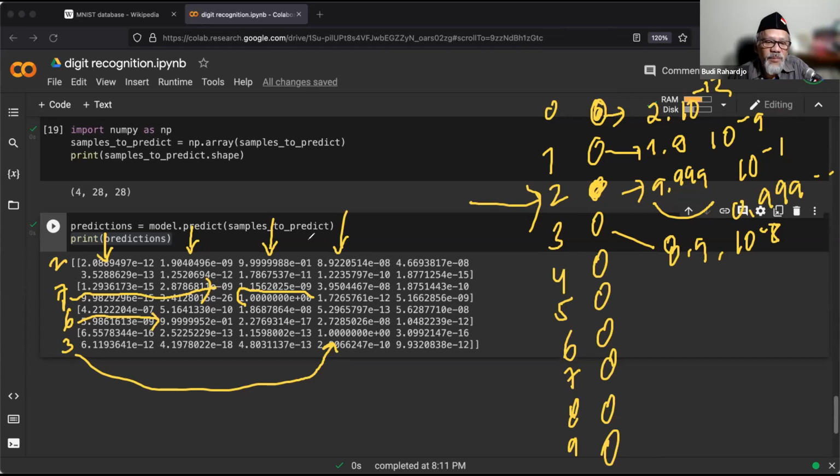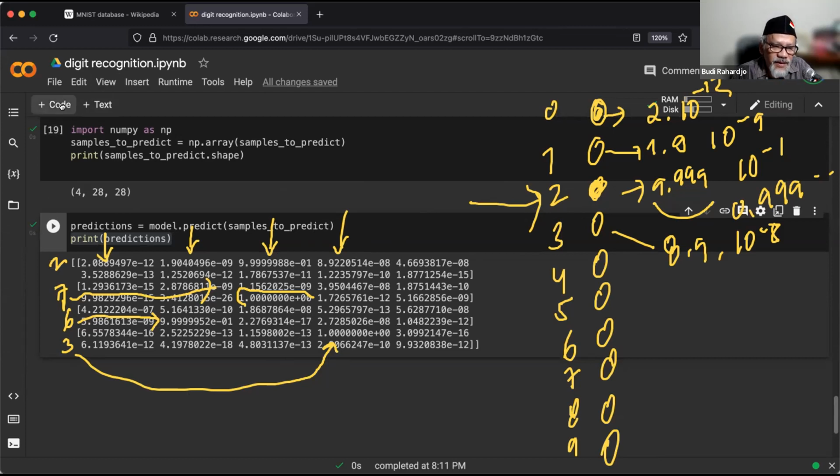Oke, jadi ini udah bisa memprediksi. So this tells that our model actually shows the exact value. But the output is not good, right? For our eyes. Nanti kita perhatikan, kita tampilkan yang lebih bagus ininya gitu ya. Oke. Now how do we make it lebih bagus ya? Oke. Kalau gimana kita buat yang lebih bagus?